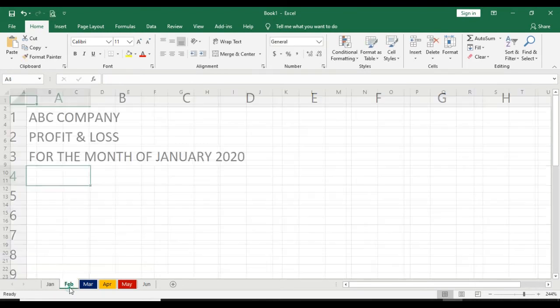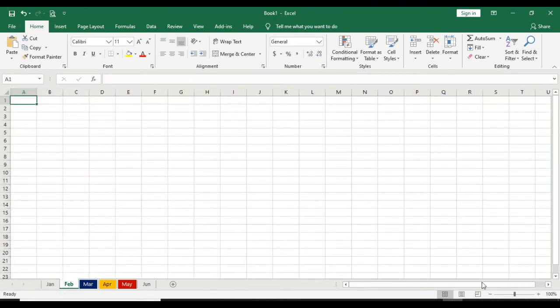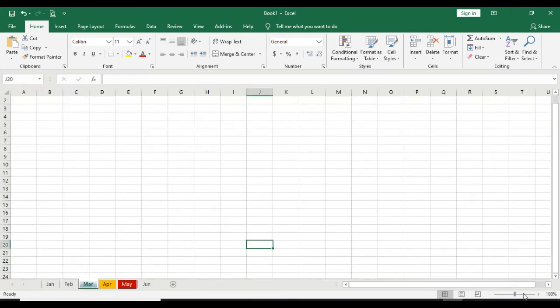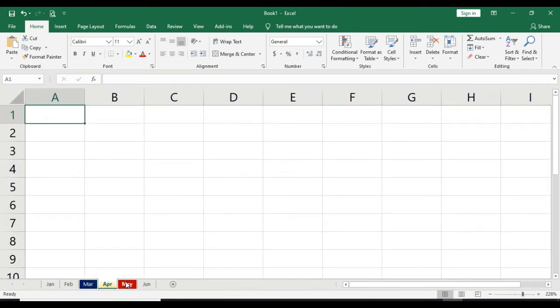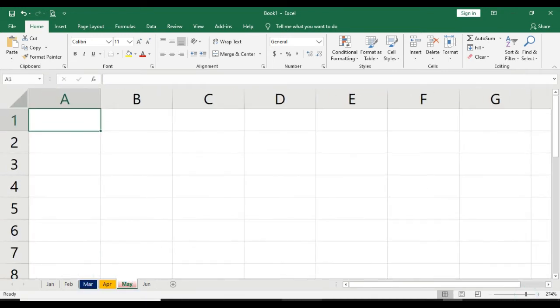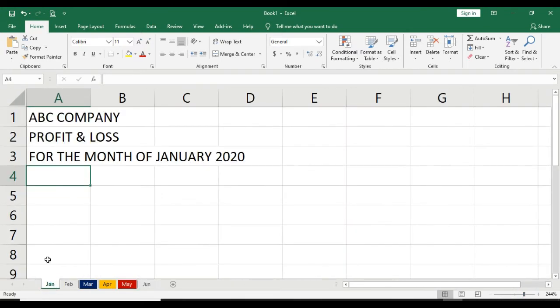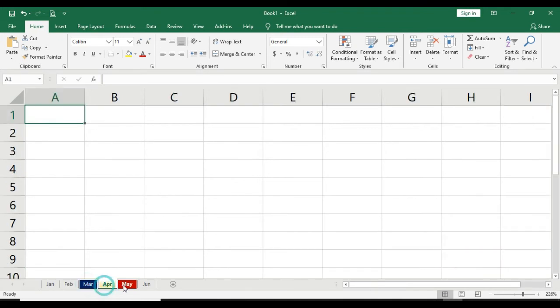Then you come to February, you type again. Let me increase the font so you can see easily. So you have to type one by one here.